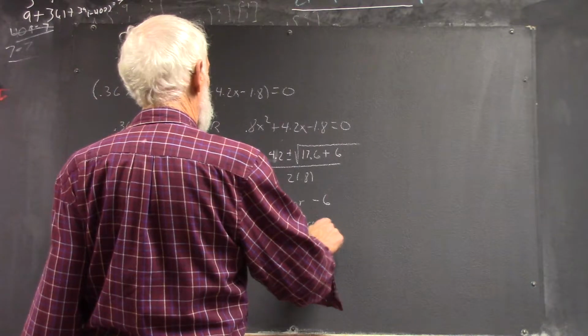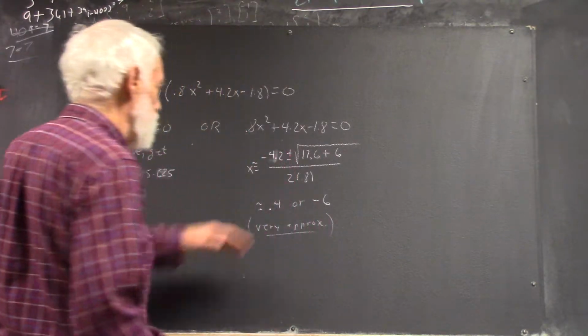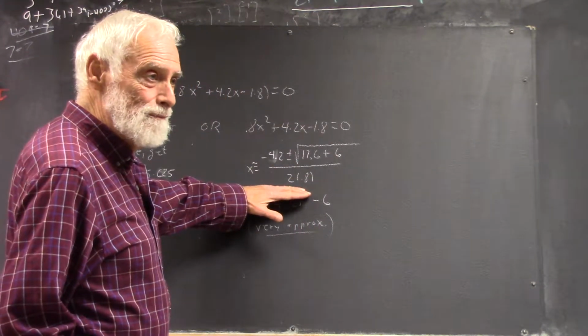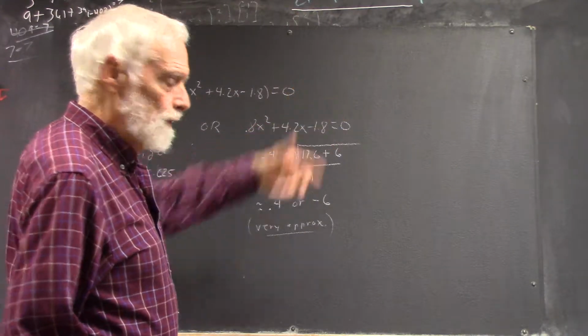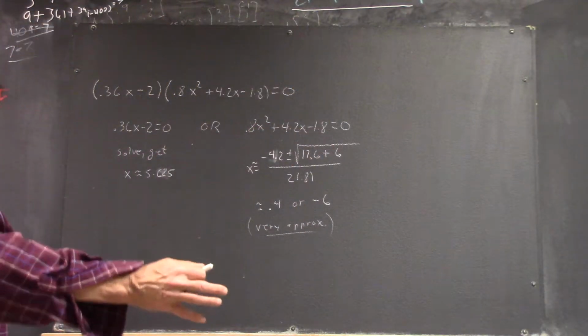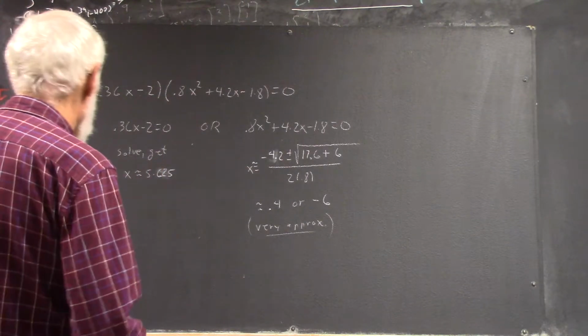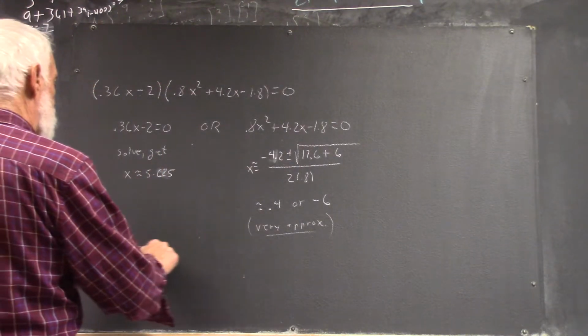Now that's very approximate, but I wanted to get approximations. I could have just left it here or just done the substitution and left it because everybody here knows how to solve it. Okay? But let's just look at what happens now